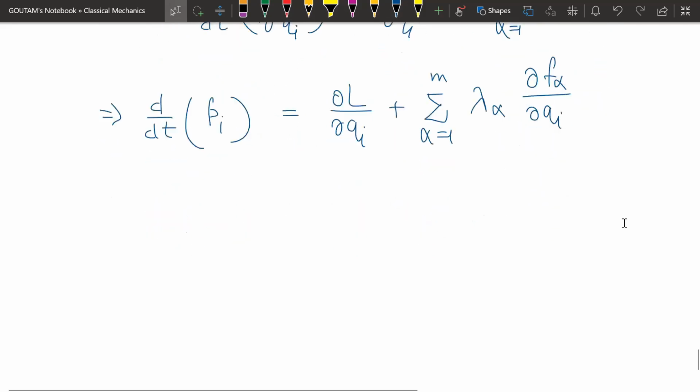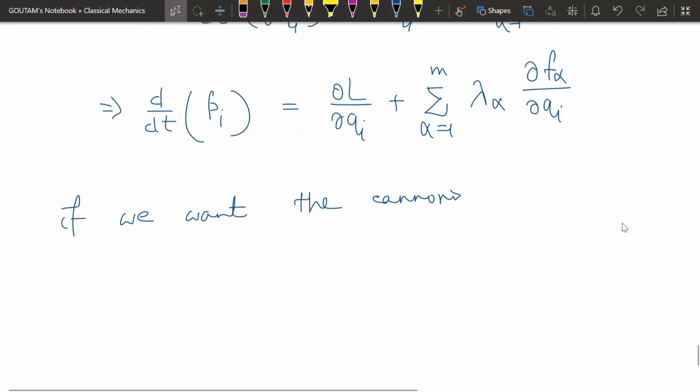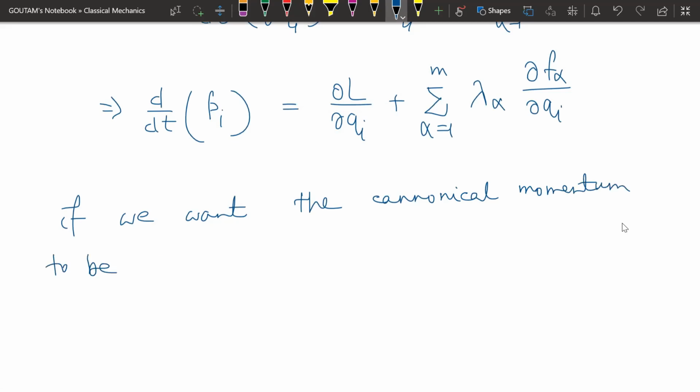So that means if we want the canonical momentum to be conserved,